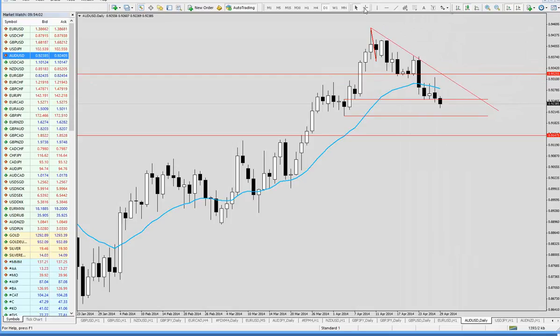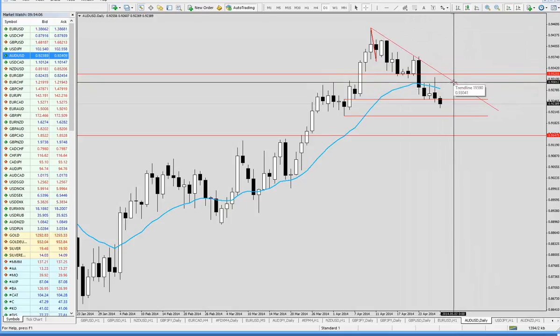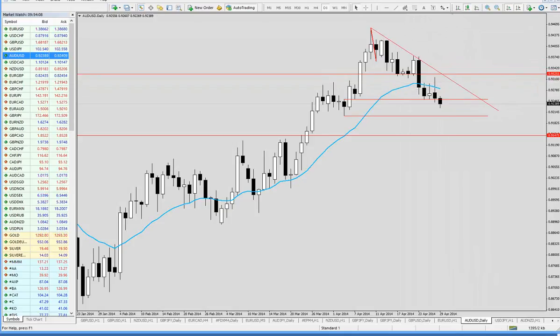So it could be 93, right? So something around 92.80 to 93.20 I would use to go short Aussie US dollar, Australian dollar versus US dollar. Now intraday,